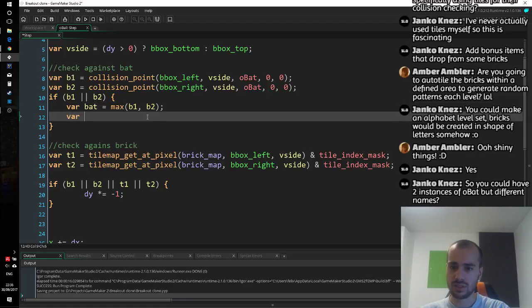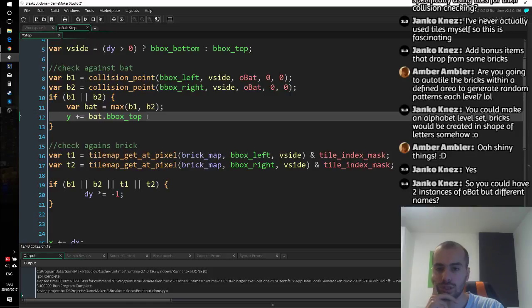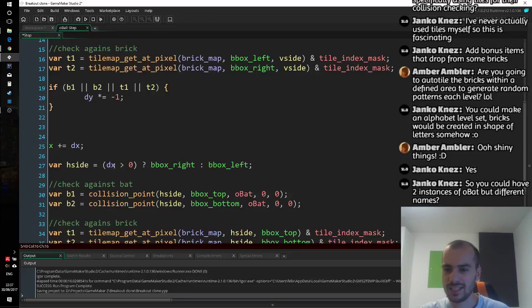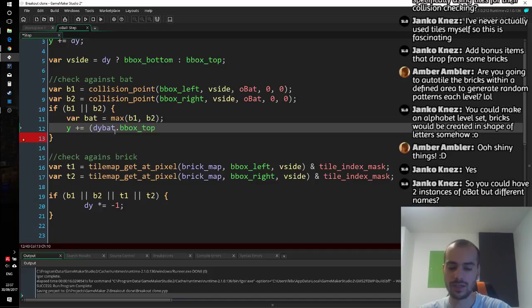So then we can say var, what we can write is y plus equals bat.bbox top. Ooh, it's going to depend on whether or not we're moving up or down, because do we want to collide with the bottom of a bat? Probably not, but maybe. So just in case, we'll do some interesting things. We'll do dy. You know what? We can cheat some more. We can remove this greater than check. Okay, bad ideas everywhere. But check it out. We can check if something is positive or negative just by doing if, right? Which means I can just here do dy question mark bat.bbox top